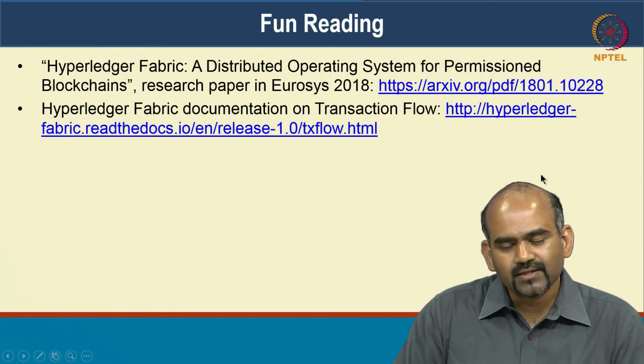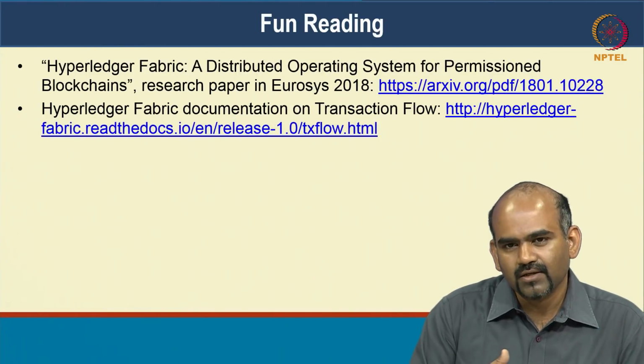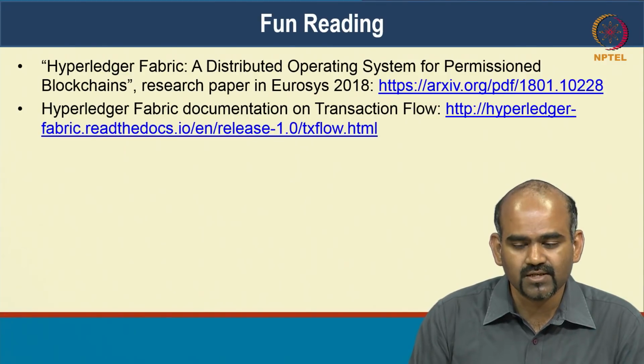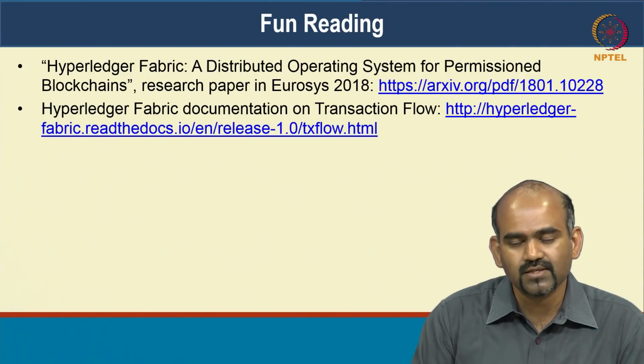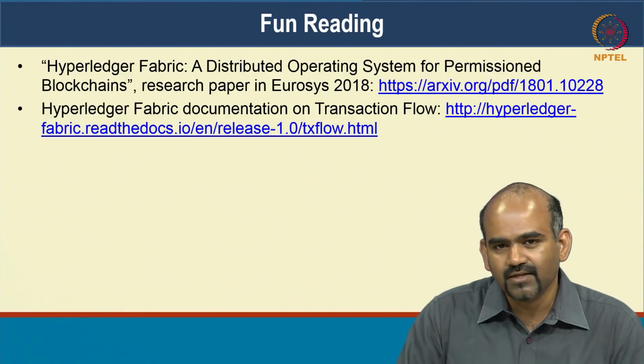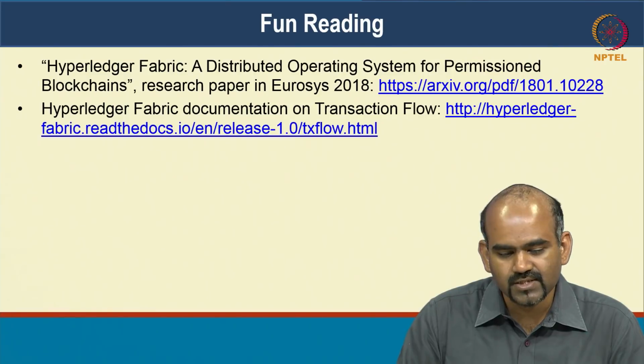Okay, so with that, I think we conclude the way Hyperledger Fabric executes transactions, achieves consensus across a distributed set of applications and users who are submitting transactions, and how a decentralized set of nodes are committing these transactions. So a couple of fun reading exercises for you at the end of this lecture.